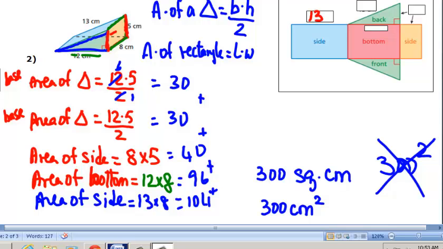centimeters because that's the side. This is one of it, the side. This is 12. Here you go, that's the 13. This is the 5, which is the height, and this is the